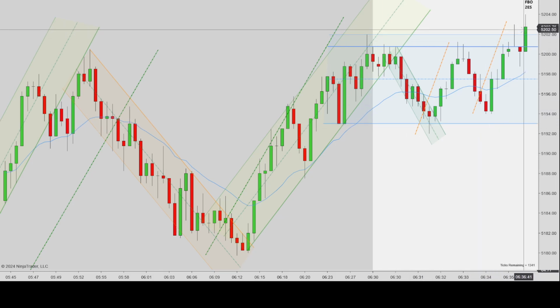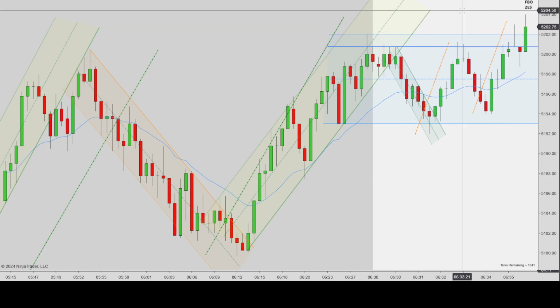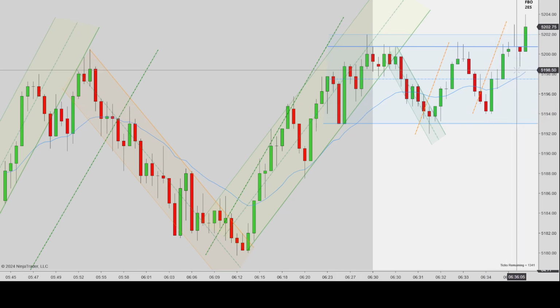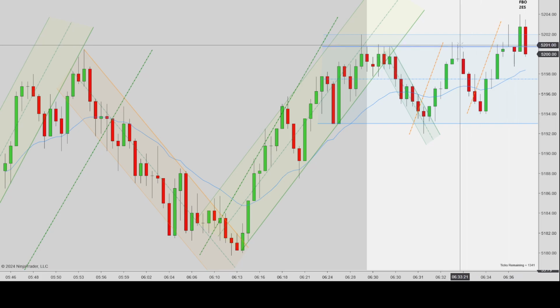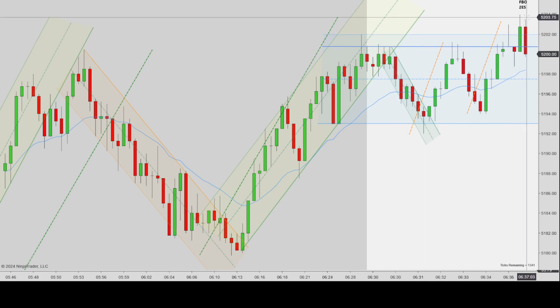In any case, I saw a potential failed breakout and possible trade because it made two measured legs up, a break of the yellow channel. It did already achieve the highs, or attempted to make the highs, of this yellow up channel, and it completed a measured move. Plus, it is a new low here. First entry short, potential second entry short. When this candle formed, I thought, okay, there's probably a failed breakout of this original dark blue line as the top of my range. So I thought, okay, there's also potentially enough room